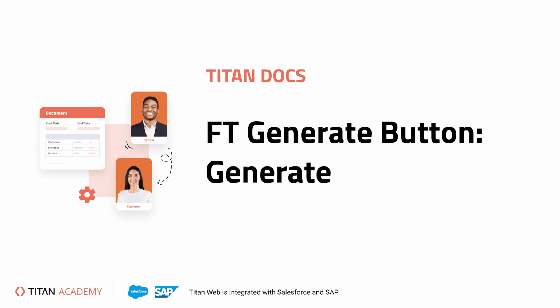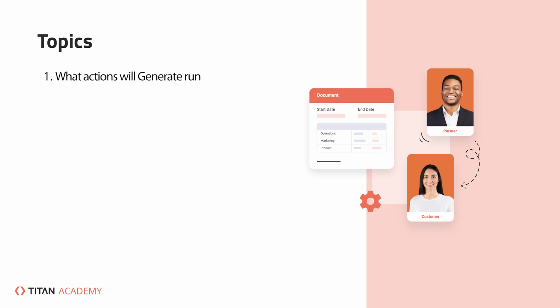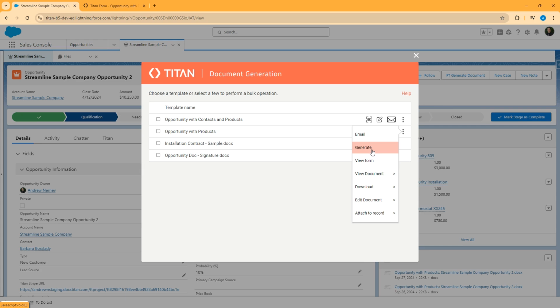In this video, we will cover the document generation generate functions, what they do, and when they are invoked. What you're seeing on the screen here is the generate option in the menu of this Titan Docs template opportunity with products. This is how I would manually fire off these functions. These generate functions will also be executed if the document is sent through some kind of automation like a trigger